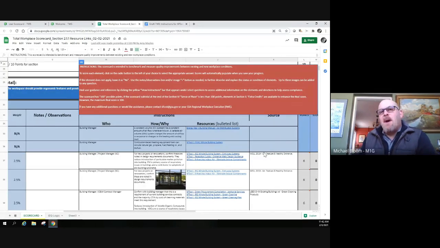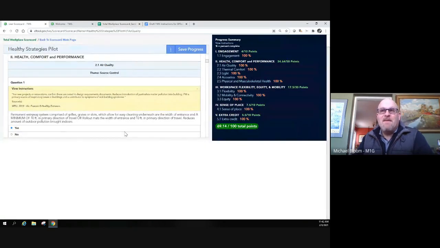What you're seeing here is the Excel version of a scorecard that we built the SF tool version from, but I'm using this as the organizing document of what will then end up in the tool that I've been showing all day today. So I hope that shows you that we're working on making the instructions better, the how to use it, who should answer the questions so that, again, you're not stressed out by forgetting that other people can be tapped to help you and who those might be. And then the links to SF tool resources and sources as well in a way that is clearer than how